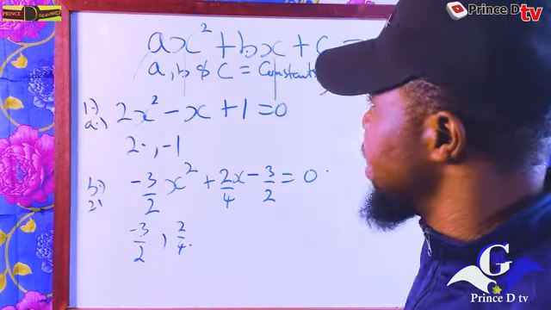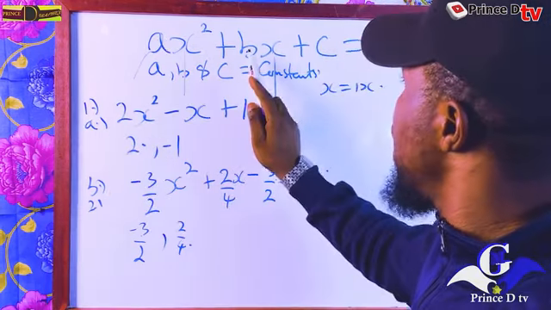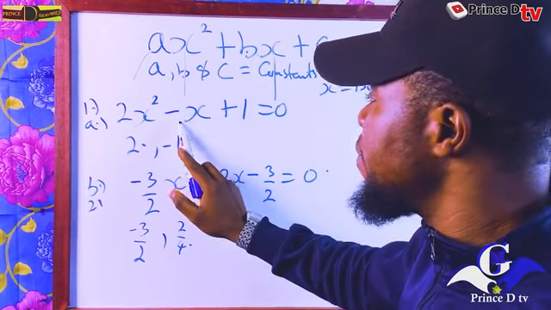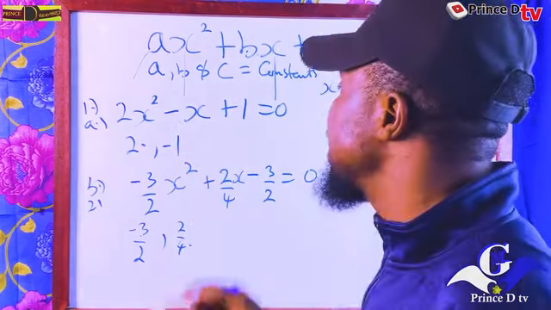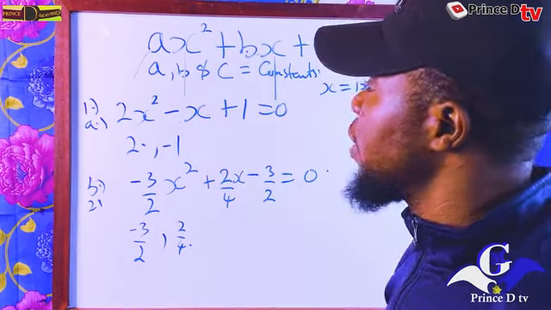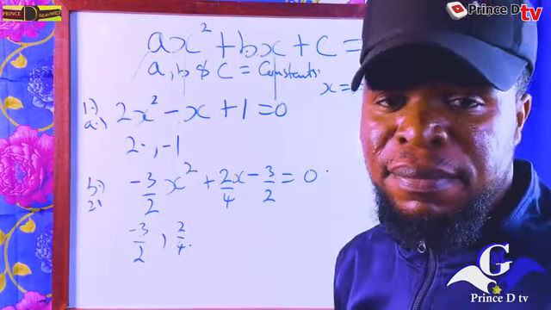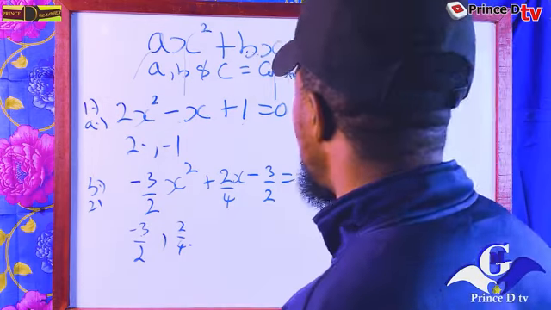Back to the first example, our a is simply 2. Our b is simply -1. So our b is not the x. No, it is the coefficient, have you seen? And of course, our c is 1. Now, in a clearer manner,